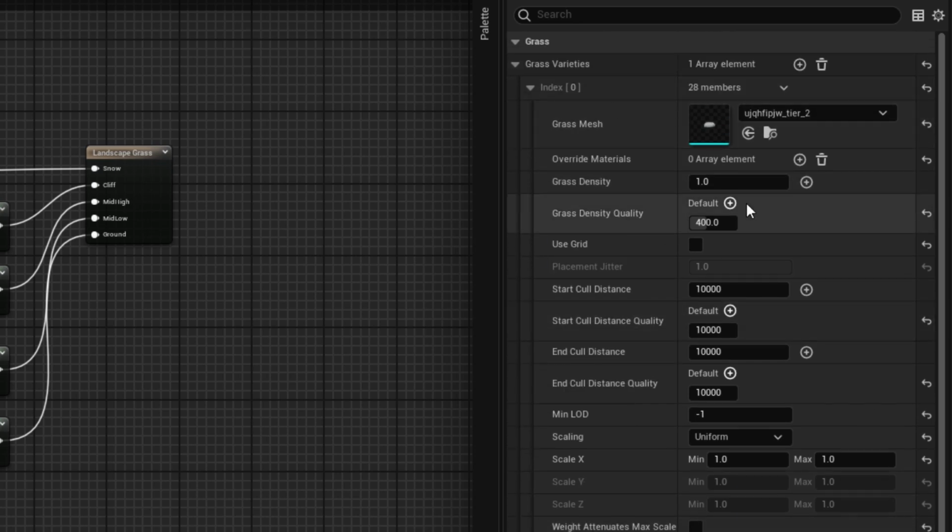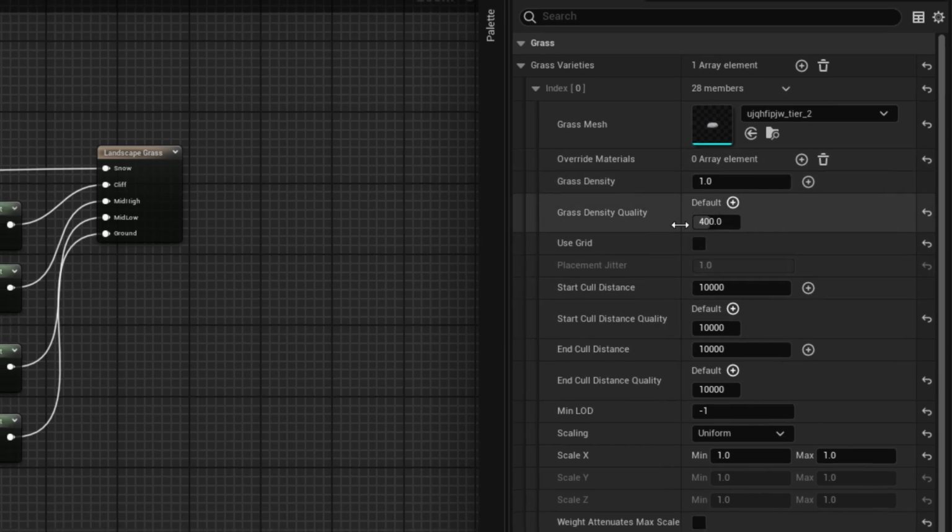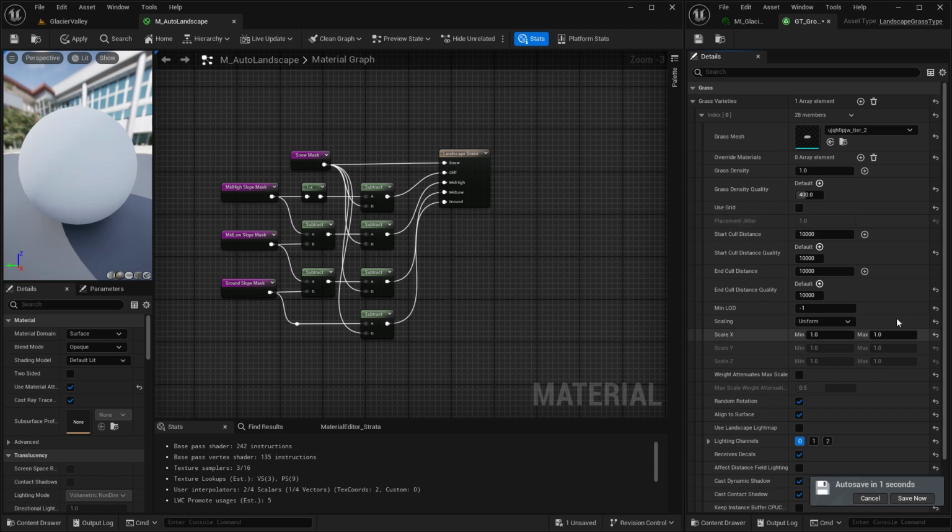Now, that's all you've got in the landscape grass types. You've got very limited options. You really just specify the density of the meshes. You can't choose where you want to place them, how you want to place them. You can't choose whether to have collision or not. I know most times you don't want collision with small stones and grass, but you do with trees. So when we do PCG in the next episode, you'll see that you have far more options available as to how you do it, including sort of more randomness as well. Now we've done this, I'll just wait until it auto-saves, and then we'll see what it looks like.